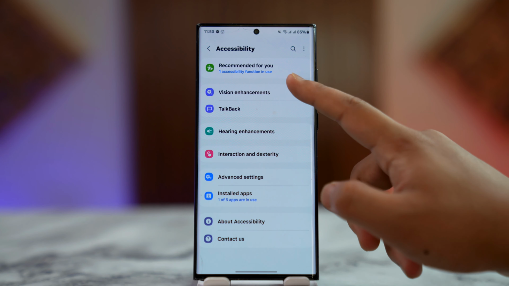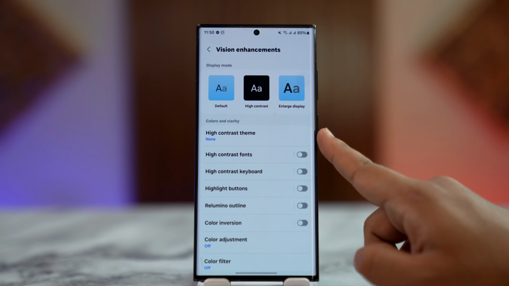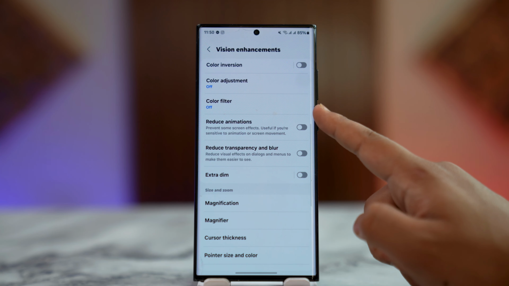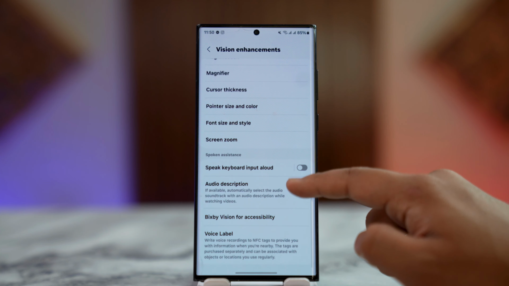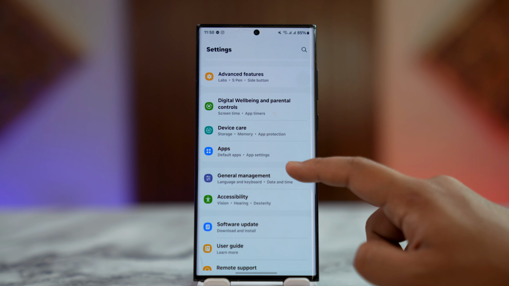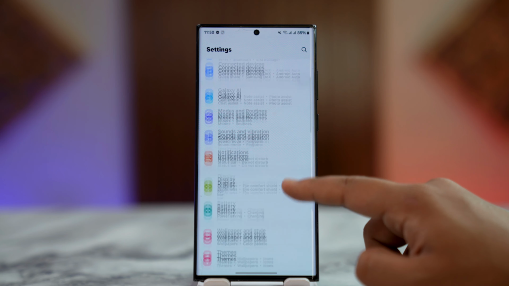So you can go to Vision Enhancement. Let's say you might have turned on high contrast themes. So make sure to disable this. If you have enabled color filter, make sure to disable that, or any of the other setting that you have enabled here. Now, if you're sure that's not the case, you can also go ahead and then go to the